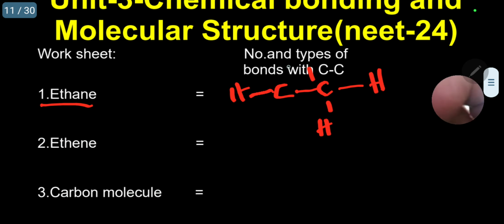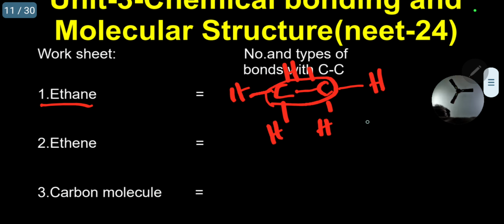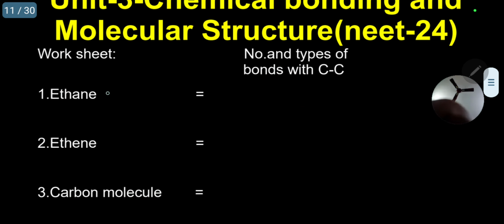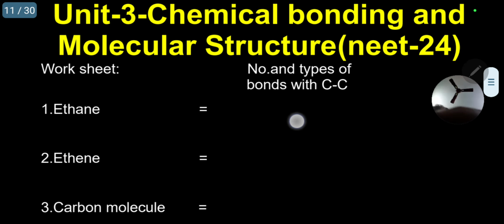This is the structure. Kindly follow. So carbon-carbon, one sigma bond is present in ethane. Kindly memorize: one sigma bond. Coming next, I will write here one sigma. Then coming for ethene, I can write